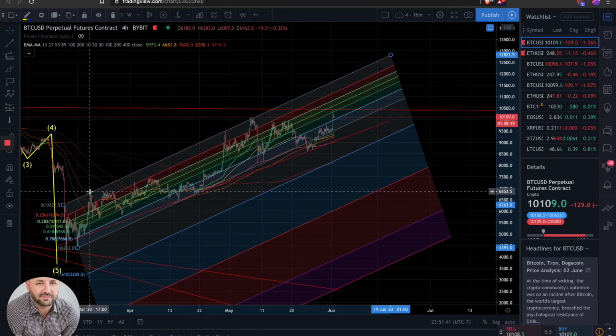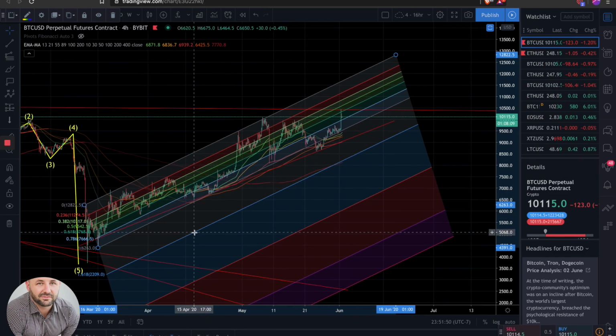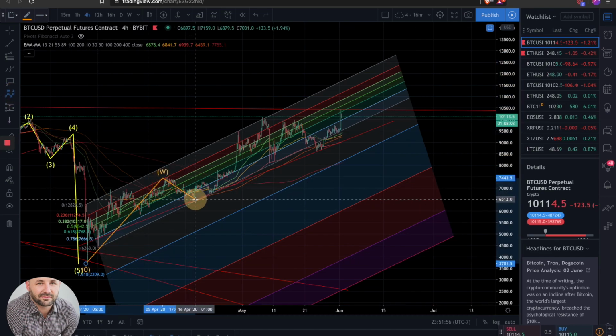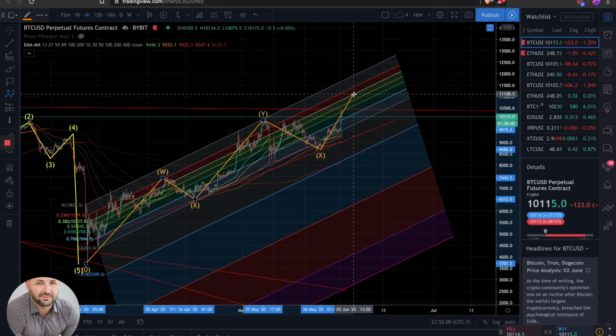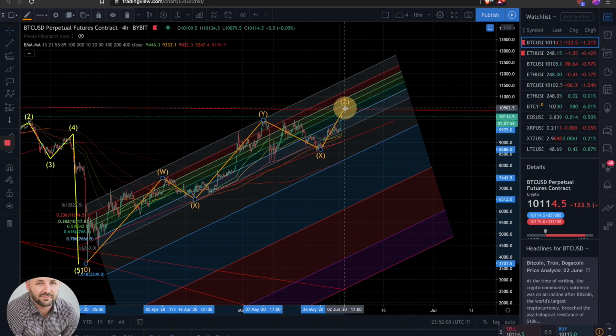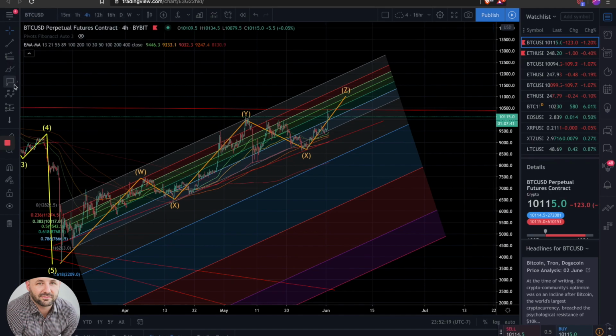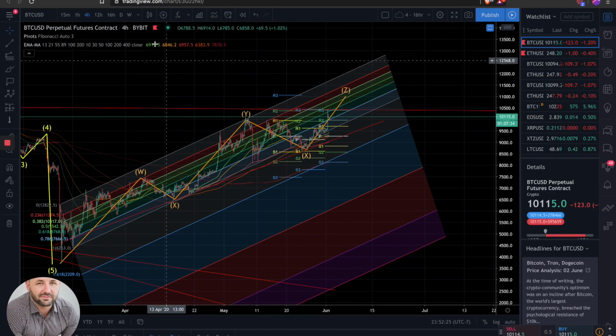Overall, this move up has been debated whether it's impulsive or corrective, but looking at this thing, it is pretty corrective, in my opinion. There is a lot of supporting information saying that this is just a complex corrective structure, in which we can finish off where it is currently, or even get up a little bit higher for another kick. That's what I want to pay attention to right in here. On the higher time frame, on the 4-hour, we did hit a nice resistance right up here at the 10.4. And actually, real quick on the weekly,